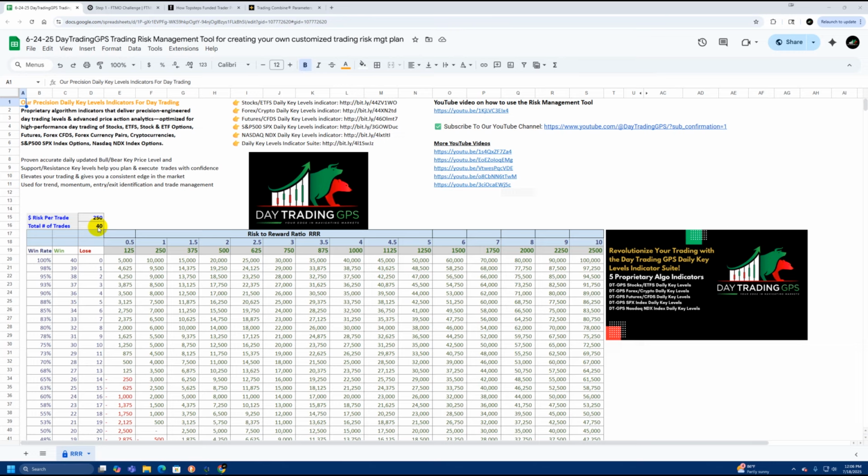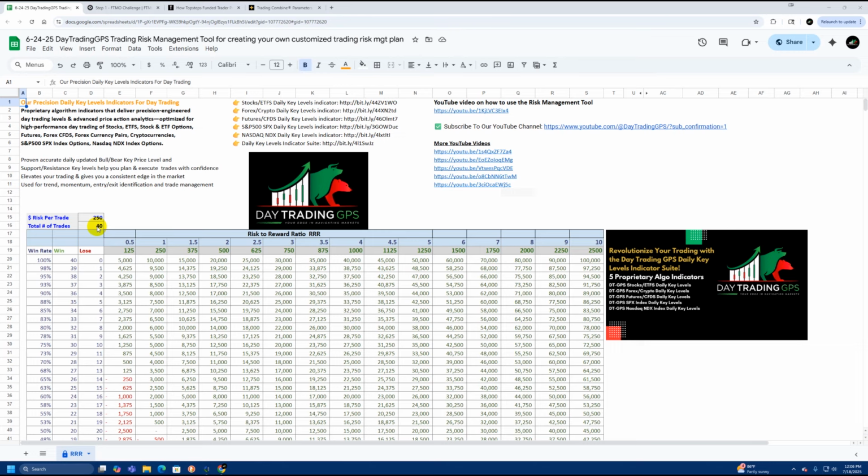So for example, if you're only trading 3 days a week and you are taking 5 trades a day, and you want to look at this over a plan for each week, then 5 trades a day, 3 days a week, that would be 15 as far as the total number of trades. If, for example, you are taking 2 trades a day over a month and you want to look at a monthly plan,